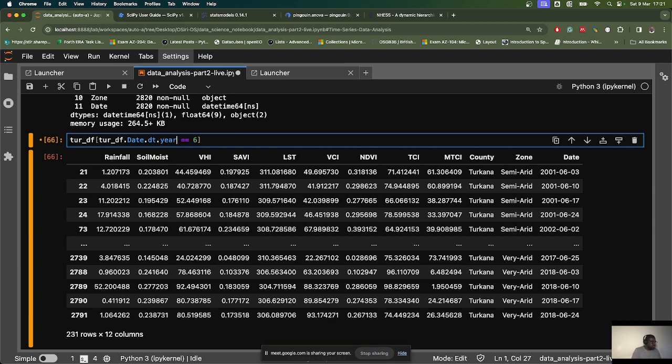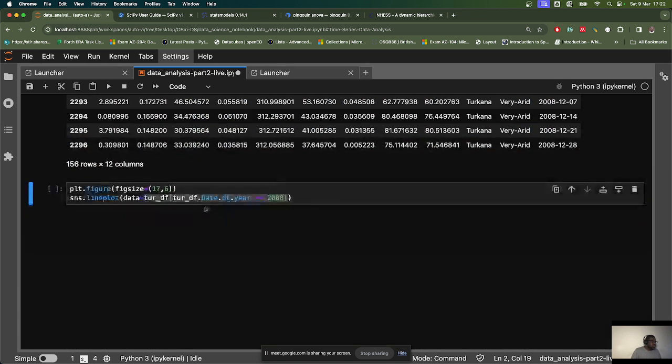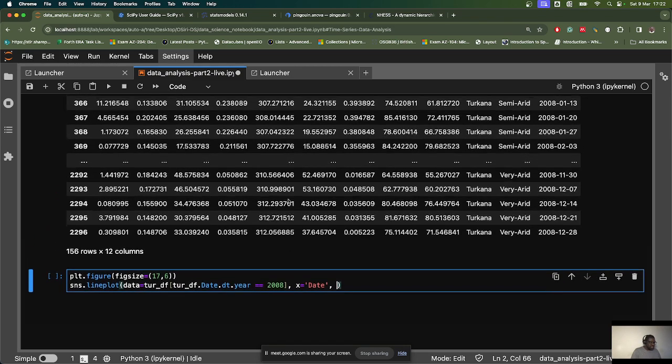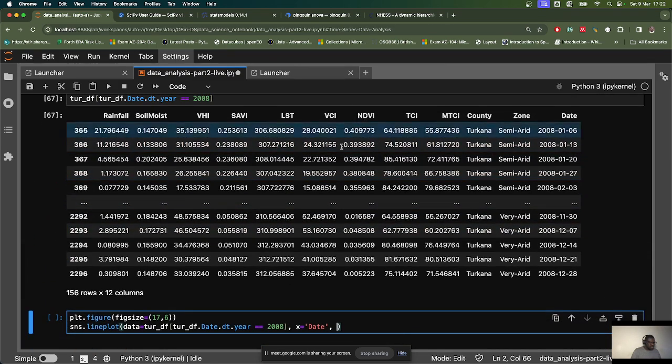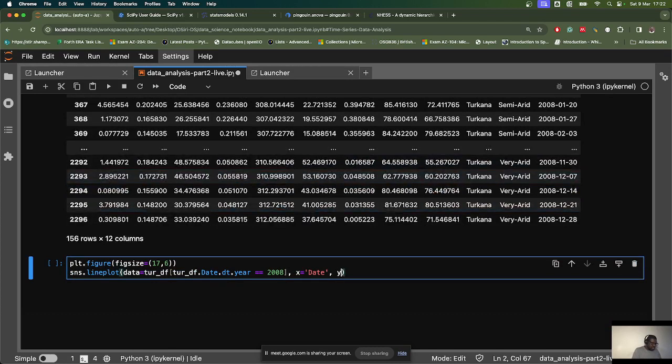But in this case, we are going to just settle with year, say 2008. That's what we're looking at, right? So I select that, and then for SNS, I can say I want to plot, and for that I want to put a date column on my x-axis, and then I want to plot my NDVI. I want to look at a time series of the NDVI for 2008. So then I can say y is equal to NDVI,